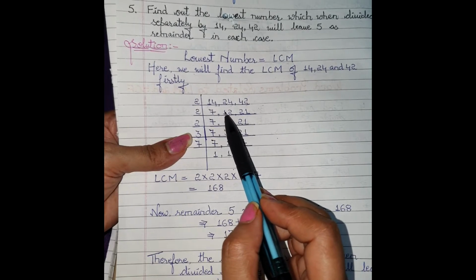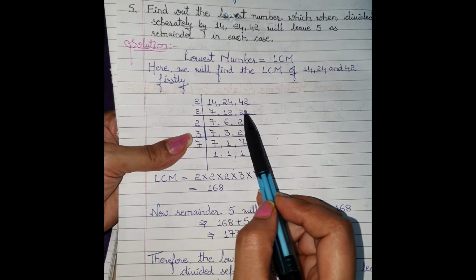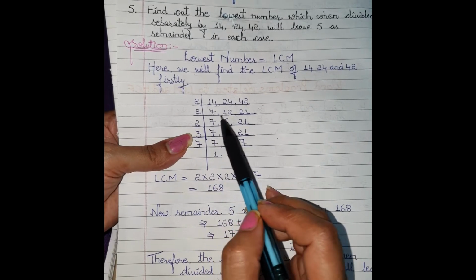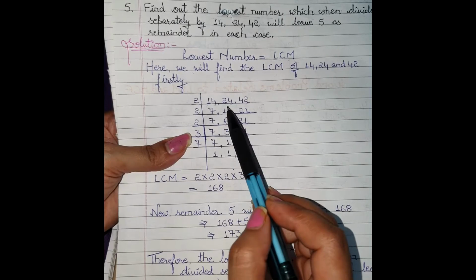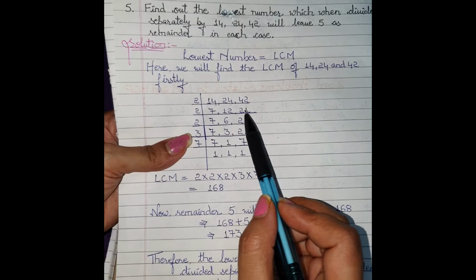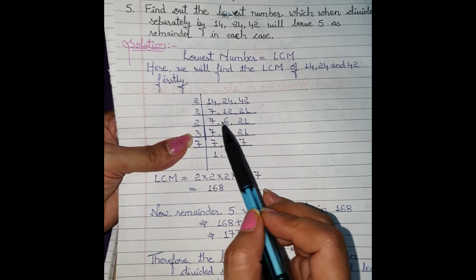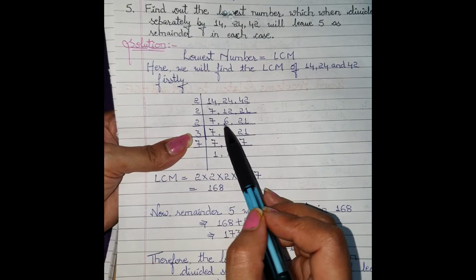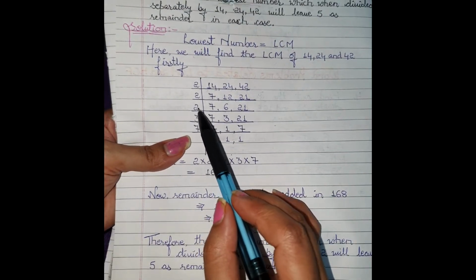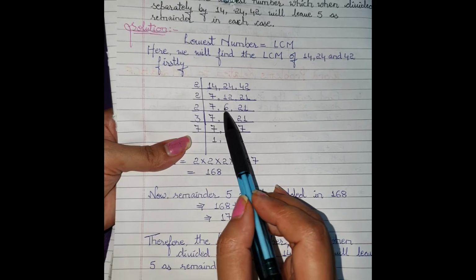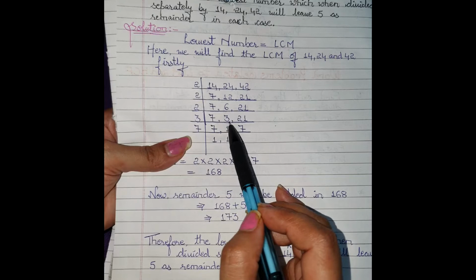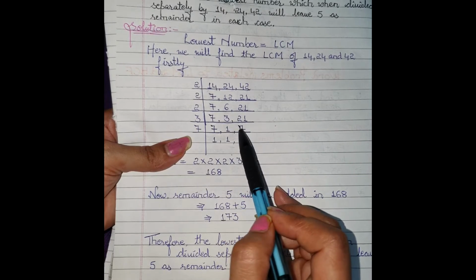Now again 12 is coming in the table of 2. 7 and 21 are not coming. So outside the format we will write 2. 7 will come as it is. 12 comes 6 times in the table of 2. So 6 will come under 12 and 21 will come as it is. Again number 6 is coming in the table of 2 but 7 and 21 are not coming. So again we will write number 2 outside. 7 will come as it is. In place of 6 will come 3 because in the table of 2, 6 comes 3 times. So 3 will come under 6 and 21 as it is.